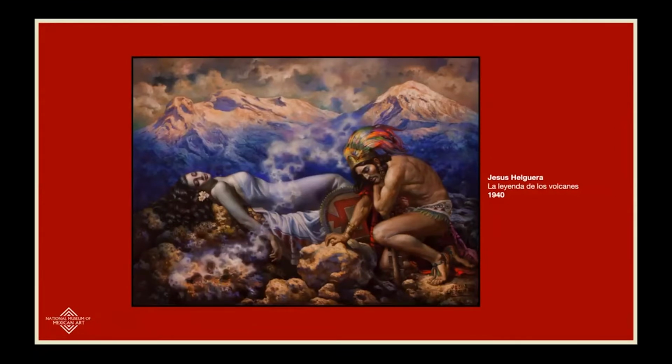And during the time that Popocatépetl, the warrior, was away at war, somebody leads the young woman to believe that her beloved had been killed. Now, when Iztaccíhuatl, which was her name, learned about his death, or at least she thought he was dead, she becomes very sad. And the story goes on to say that eventually she dies of heartbreak,